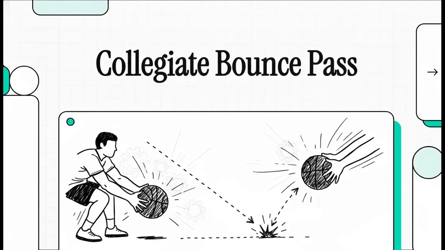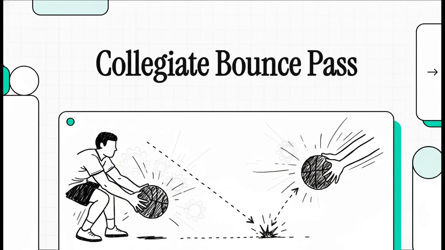Welcome to the Explainer. When you watch a collegiate basketball game, the action just moves at a blistering pace, doesn't it? It's a total blur of motion, strategy, and pure athleticism. But today, we're going to freeze the frame. We are taking a seemingly mundane, basic fundamental of the game, the bounce pass, and breaking it all the way